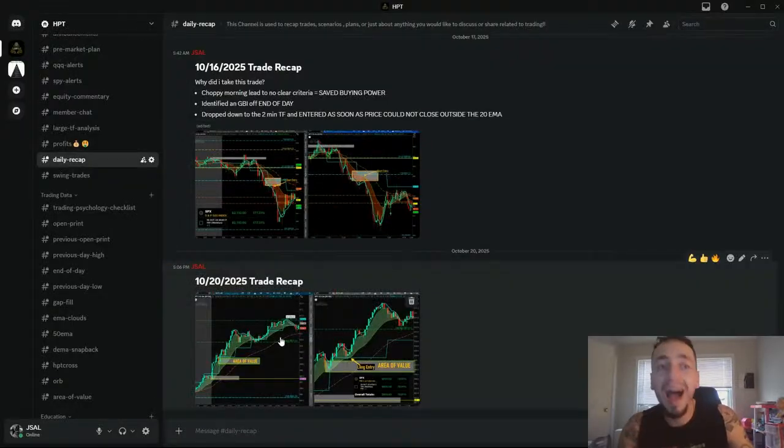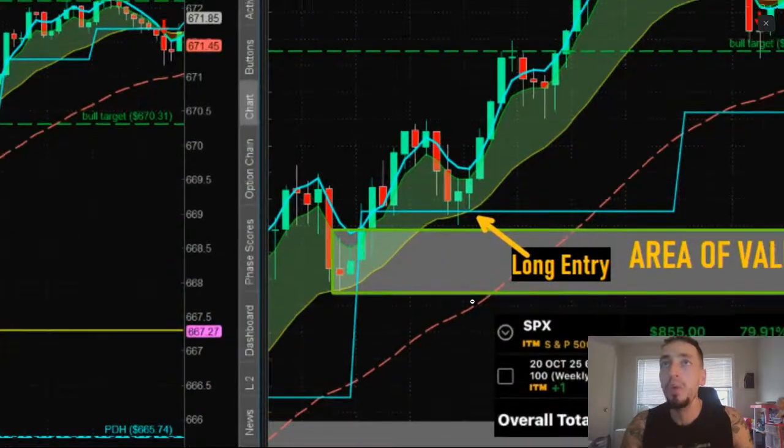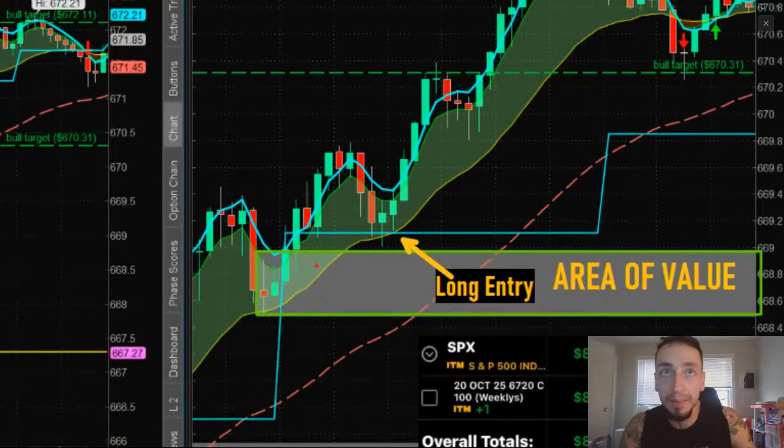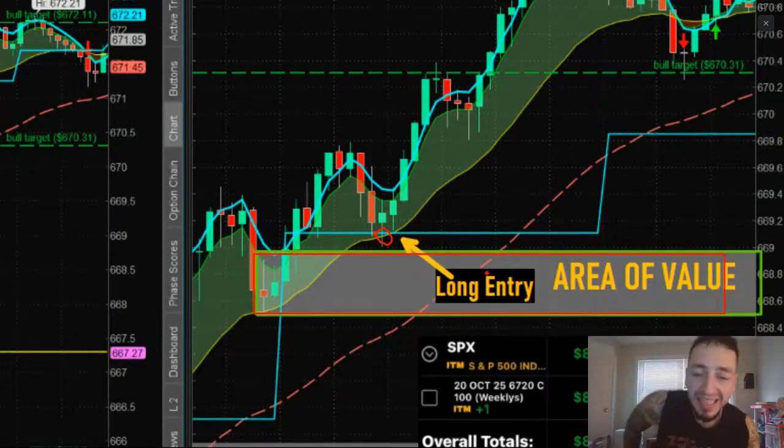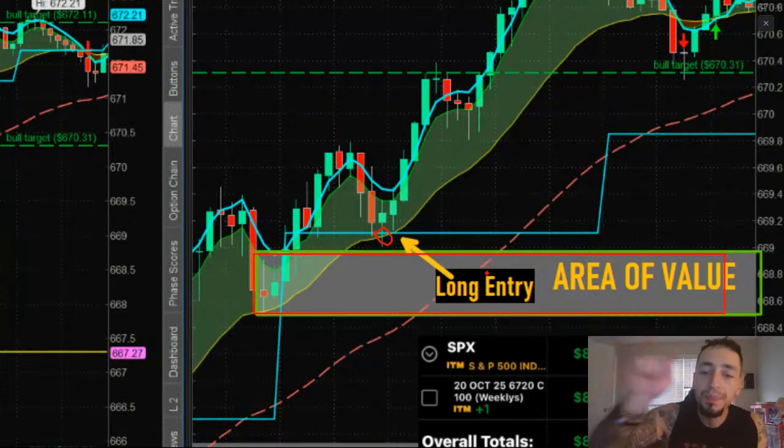Once I get the area of value, we drop down to the 2-minute time frame. See this box right here? That is that area of value. We drop down to the 2-minute time frame, and all we do is watch. That's it. We watch price come into that 2-minute 20 and respect it. If it's a healthy trend, if it's an environment that I actually want to participate in, price will respect